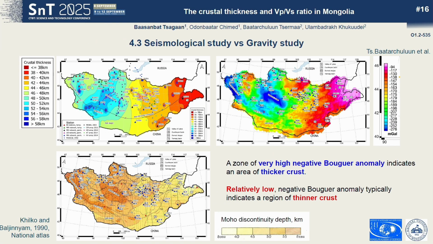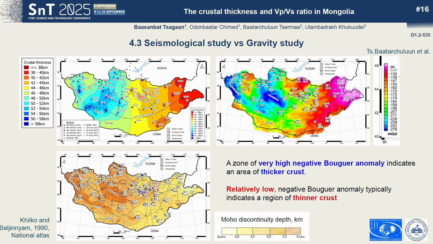The final discussion point is a comparison between the crustal thickness map from seismological studies and other geophysical methods. On this slide, we compared the overall crustal thickness beneath Mongolia with the results of gravity field studies. We observed that zones of very high negative Bouguer anomalies correspond to regions of crustal thickening, and areas with relatively small negative anomalies align with thinner crust.